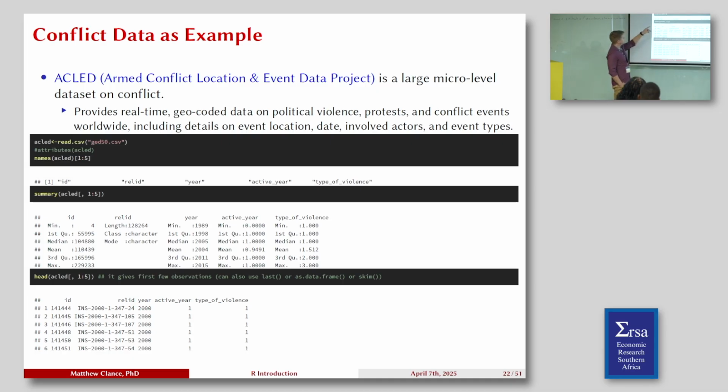So in this case, it's the GED50.CSV. Now this data set was downloaded about 3 years ago, so they've updated it since. Once you have this, you have a lot of different information. I'm only showing 5 of the particular outcomes, but we have IDs, which aren't very telling, because the IDs are specific to the type of event and the actors and everything. You could use those later for classifications. But we also have the year it occurred, and how long it was active, so how long did it actually last? It can be just a random attack, or it could be a continuous event.